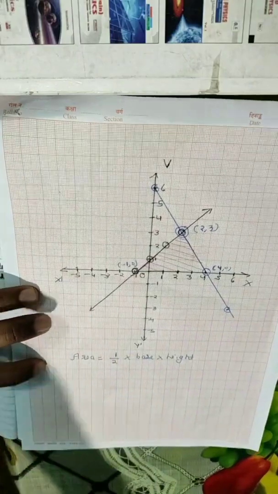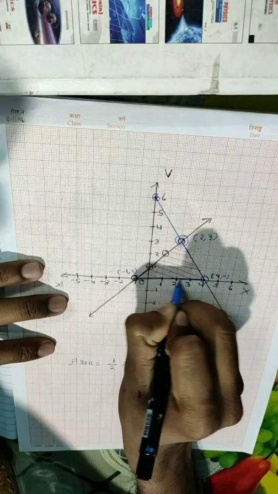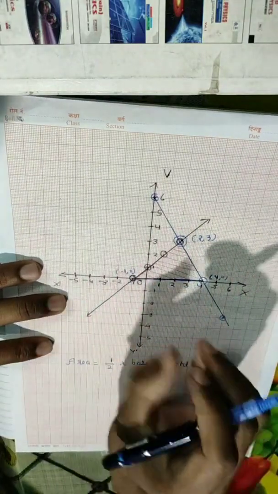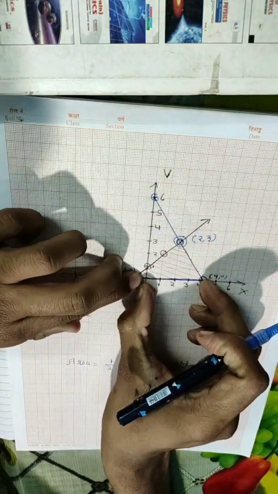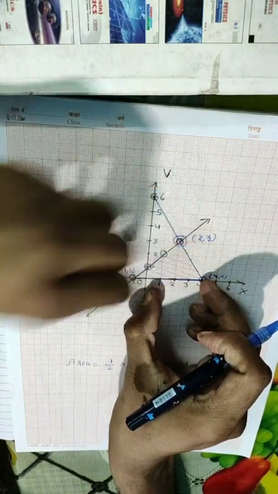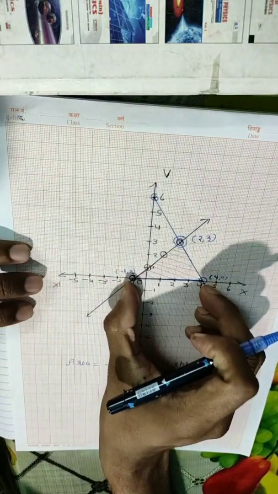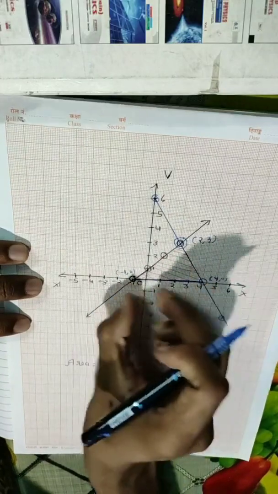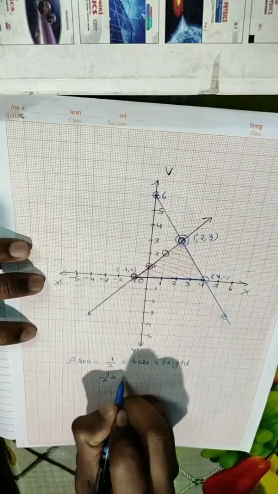Now base, what is the base of the triangle? Let us take this complete length. This is the total base length. See, this length is plus 4, 0 to 4, and this length is plus 1. So the total length is 5 because we are taking the magnitude of the base now. This shows the negative direction only. The total magnitude is 4 plus 1, that is 5. So the length of the base will be 5.